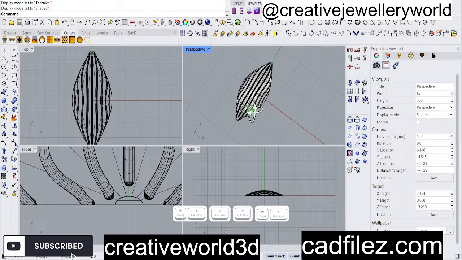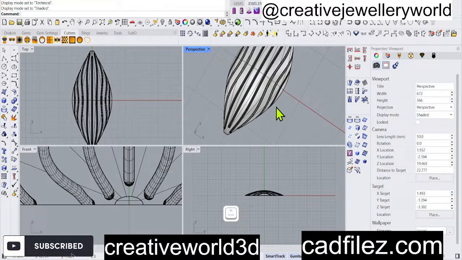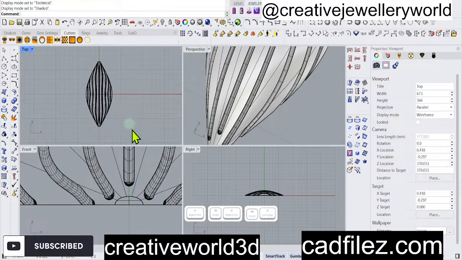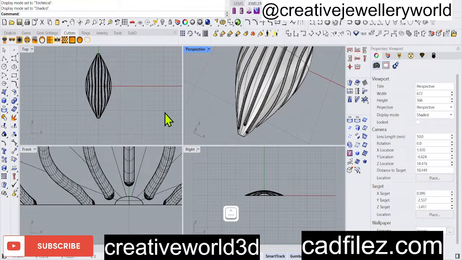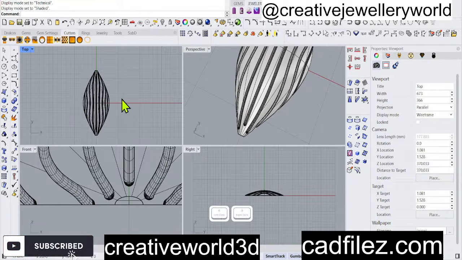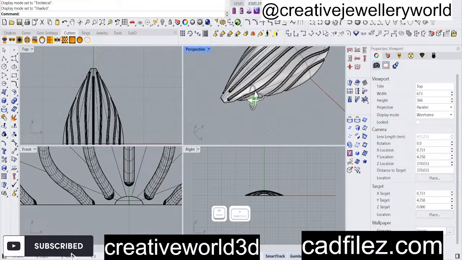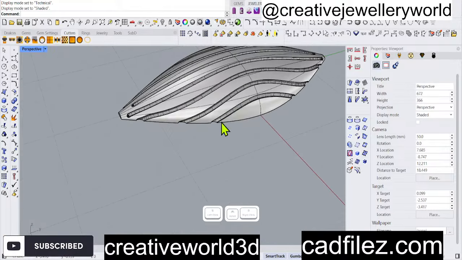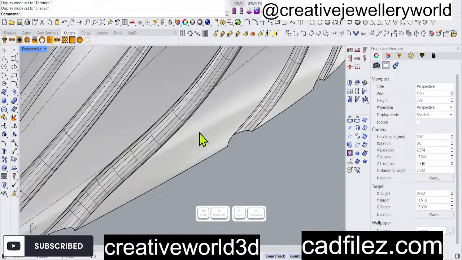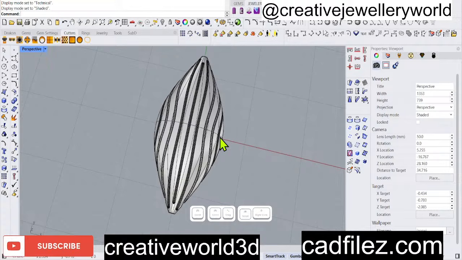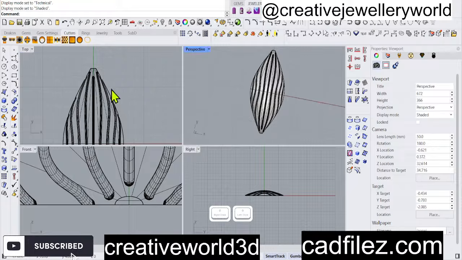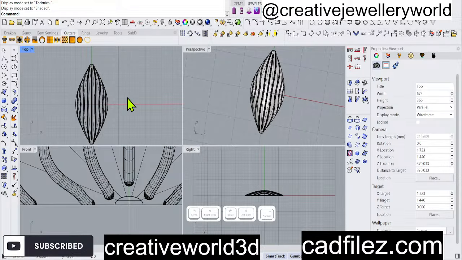Voila, there is the textured leaf I wanted. Now it has these unclean edges and unclean look. Now it's not a polished look. Now to give it a polished look,